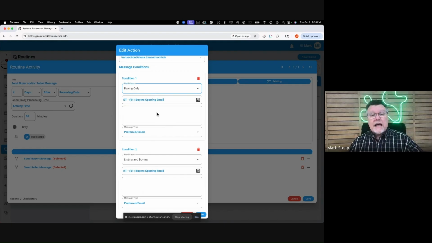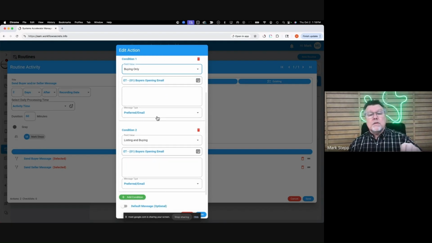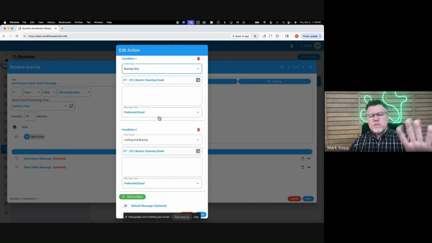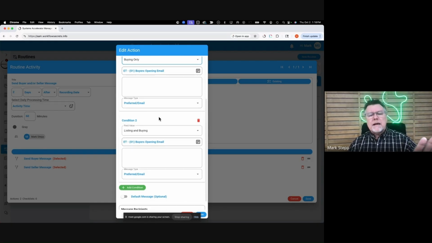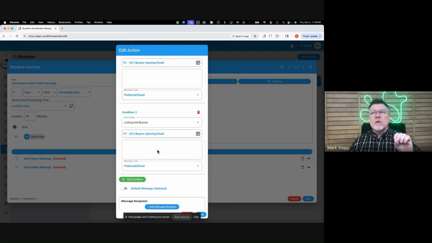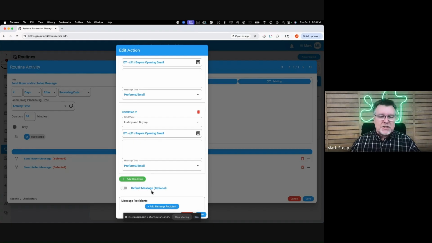We added that, and there were a few challenges that we needed to fix. We took care of those challenges. But the one thing that we didn't really anticipate prior to this update, it also required you to have a default message, meaning you'd go in there, and if the condition of your action wasn't this one or this one, then it would fall through and do a default message, some other email of some sort, which is extremely useful